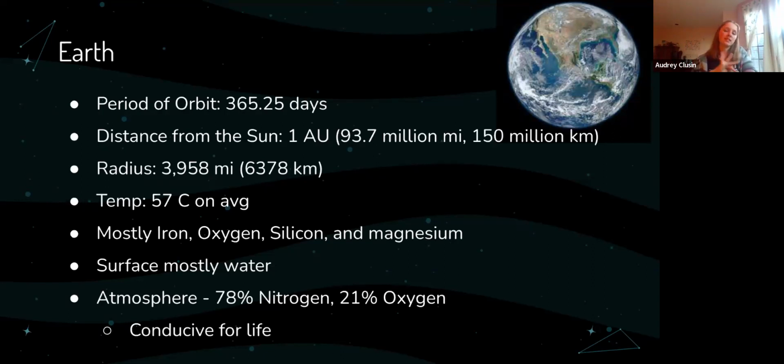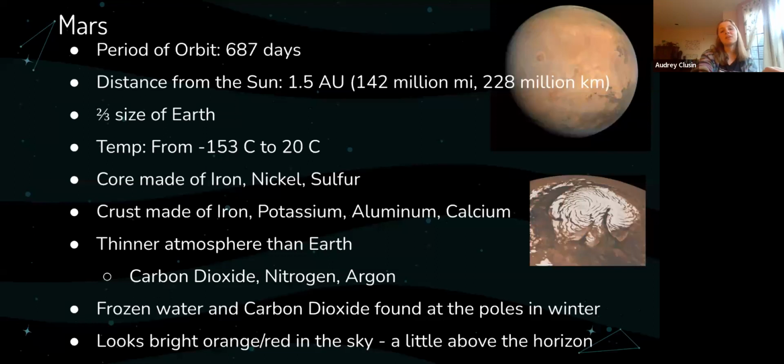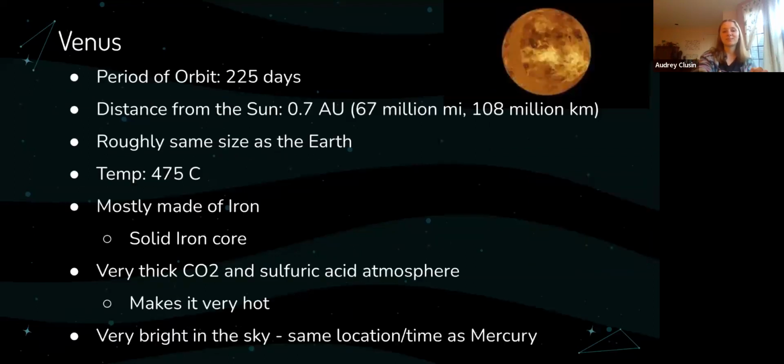So the Earth's surface is mostly water, the oceans. This helps regulate the temperature a little bit. We also have an atmosphere, and our atmosphere is, weirdly enough, 78% nitrogen and 21% oxygen. But still, this atmosphere is very conducive to life. Anyway, as I was saying a minute ago, there are so many different cards that we metaphorically drew, and all of this lined up perfectly for life to happen. And yeah.